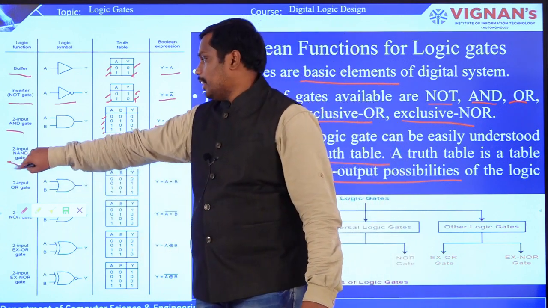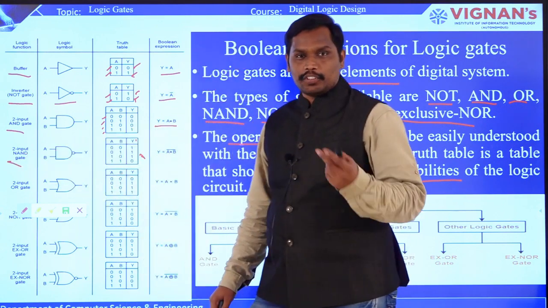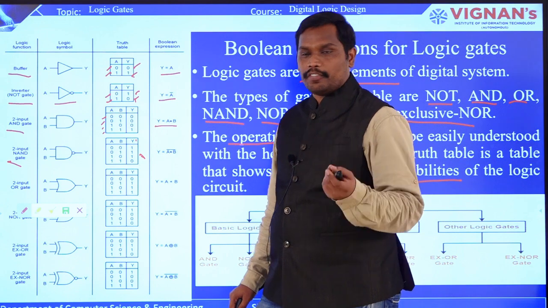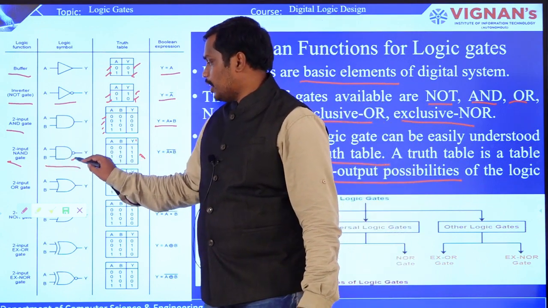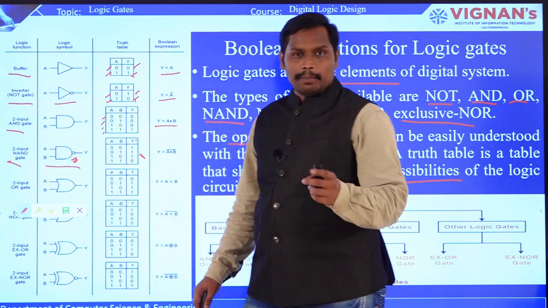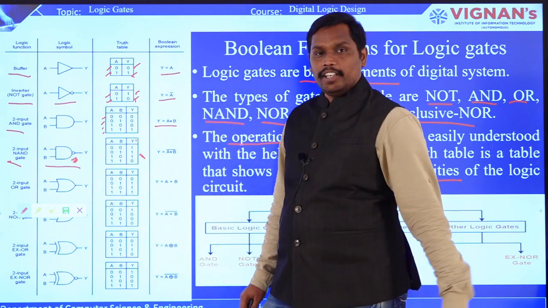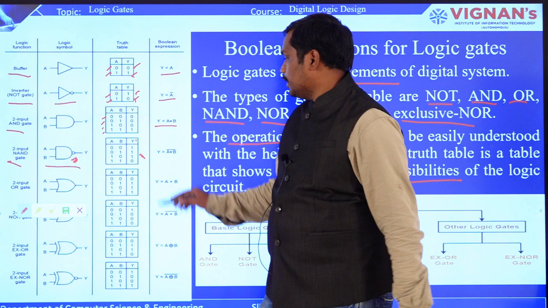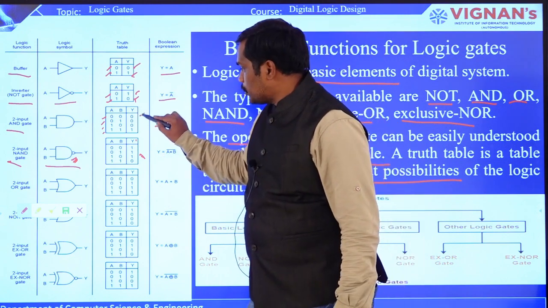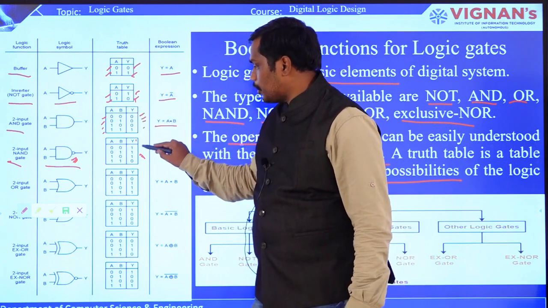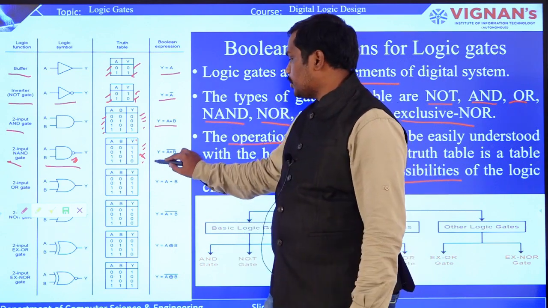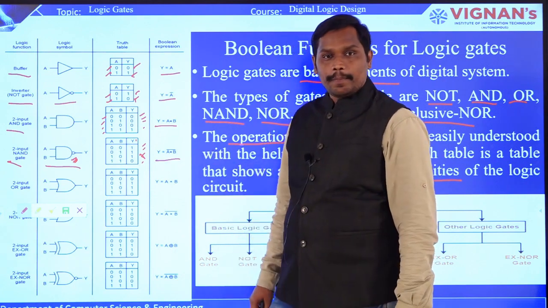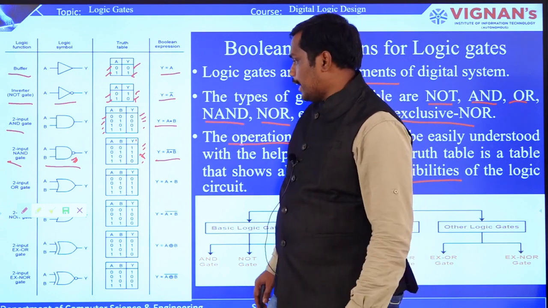And in the same way, NAND. NAND is a reverse of AND, which is an inverter of AND, which is a NOT of AND. So you can see that there is a bubble that is given here, right? So you can see a bubble here. So whenever the bubble is there for the gate, then it represents the inverter, right? So now you can see this truth table 0, 0, 0, 1 is now converted to 1, 1, 1, 0. So this is the inversion portion. So this is how you are going to represent the expression for the NAND gate, okay?